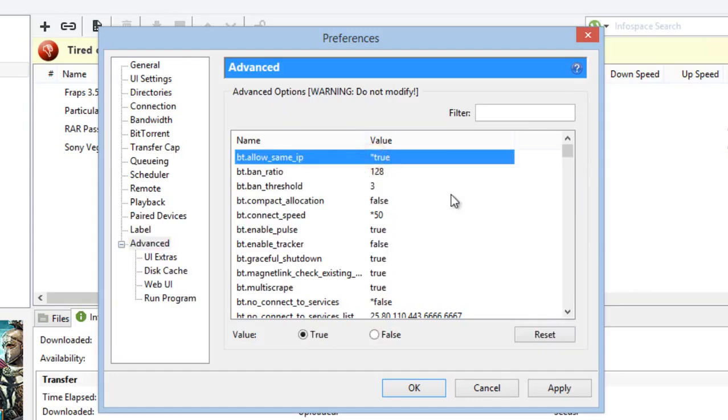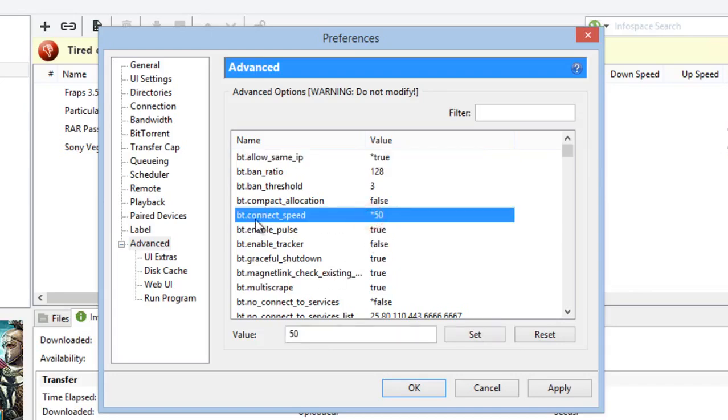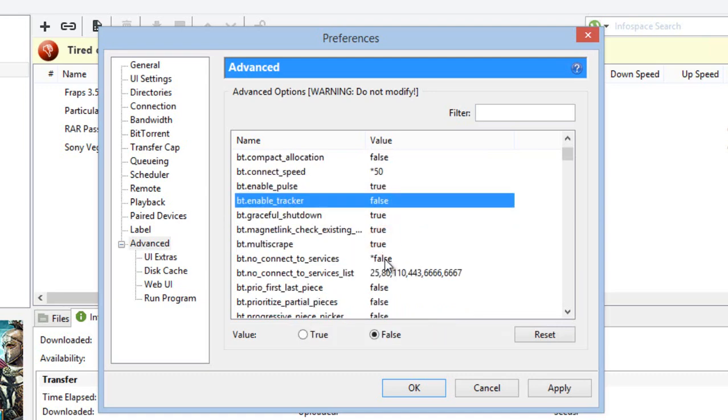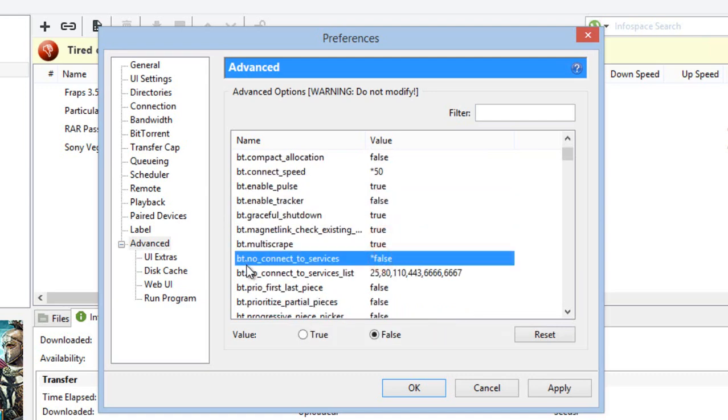Now in the first one, we only have to select it through. Now set the BT connect speed to 50. BT number connect to services set to false.